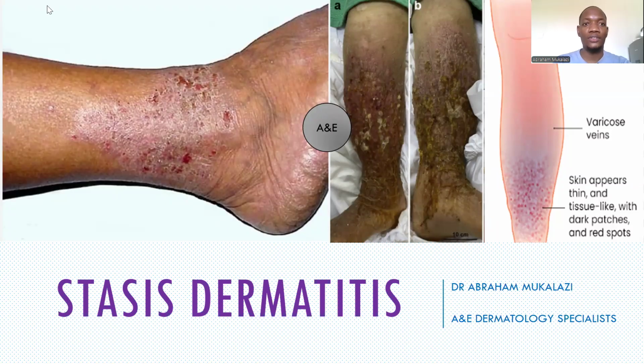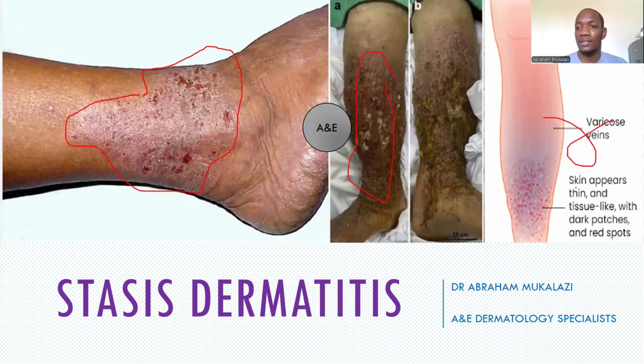Hello everyone. So today we shall take a quick look at stasis dermatitis, or this type of eczema we also call gravitational eczema. As you can see in the pictures, someone has an eruption on the lower aspect of the leg that is a little bit eczematous, excoriated with crusting and background erythema with lichenification. We see a similar picture here. And then even in this illustration, it still shows you